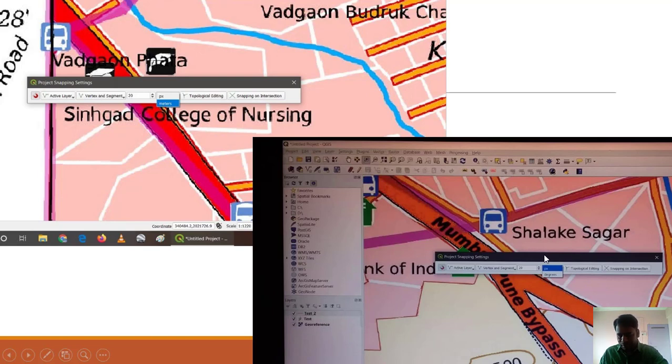One of our participants sent me a snapshot of his system, and he asked, sir, yesterday when I was doing that practical, the options were pixel and meter, but when that candidate started his work, his options were pixel and degrees. Then what is the reason behind that? Can you guess? In our practical session the options were pixel and meter, but when our friend was working at home, he got options like pixel and degrees.